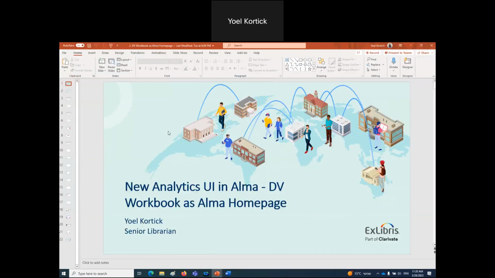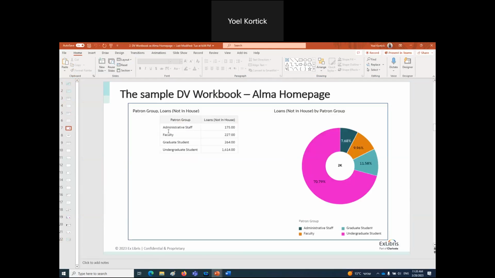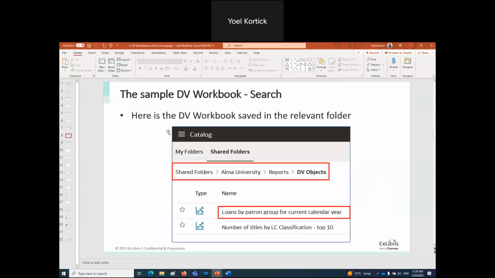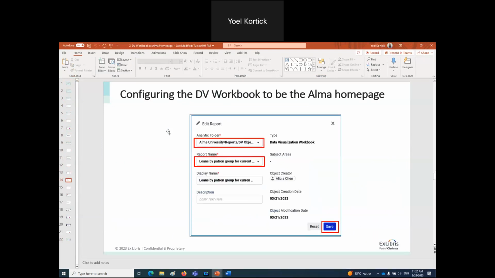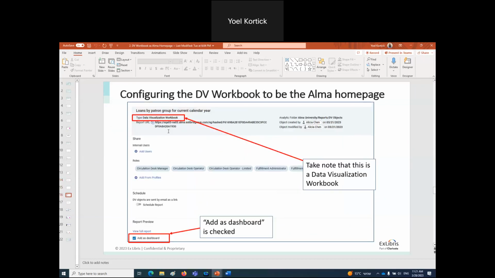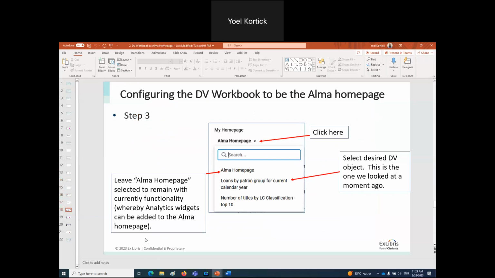So, I went all the way to the end. Okay. So we have a sample data visualization workbook. It's actually similar to the one we made with a pie, a donut, and a table. We saved it in a directory called DV objects. Then we went into the analytics objects list. We added a new analytics object, and we defined the folder it's from, the name of the workbook. We made sure to check here that it's a dashboard. And then when an end user came in, they went to the Alma homepage and they chose that, and then